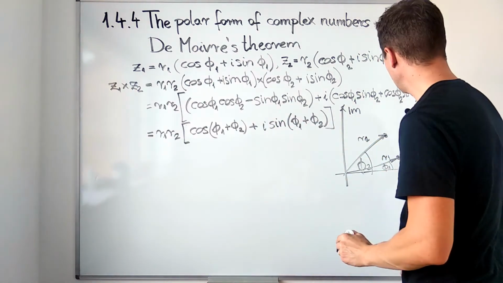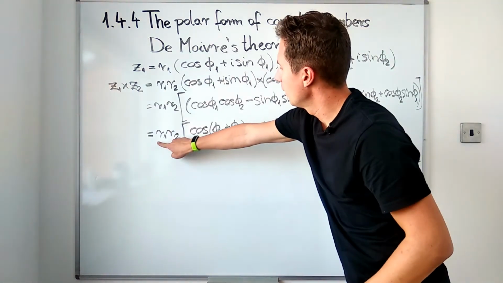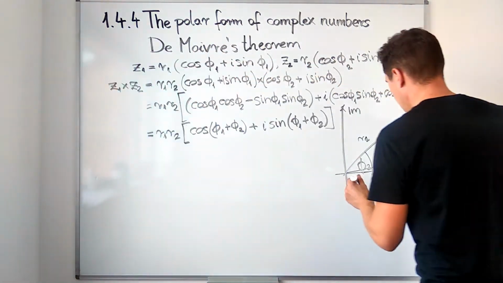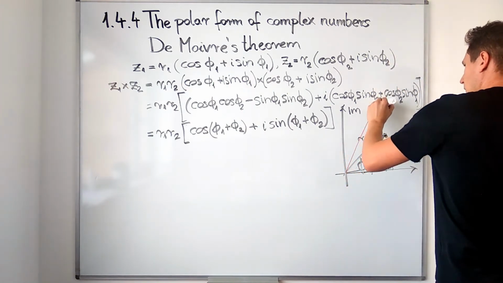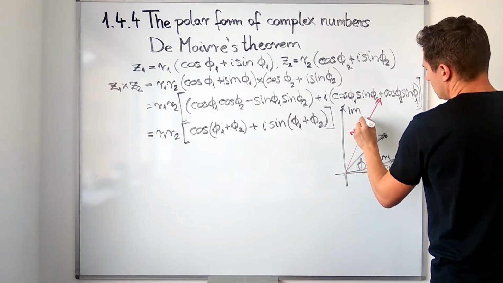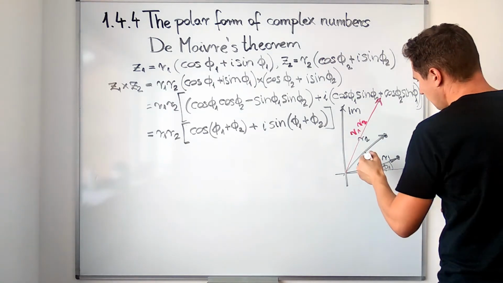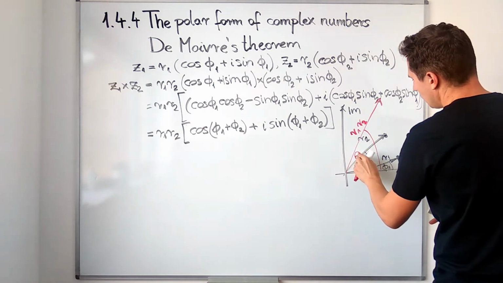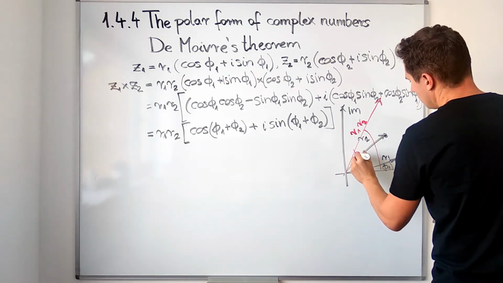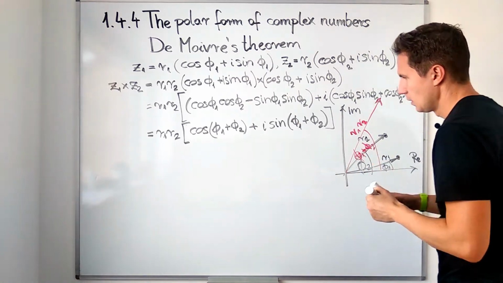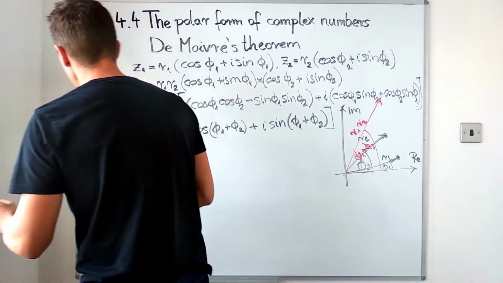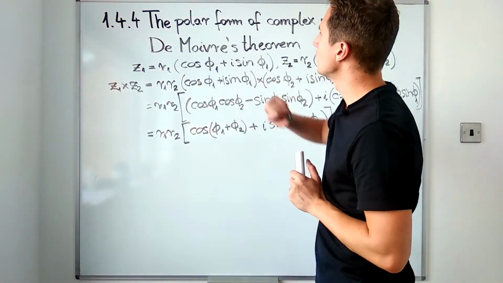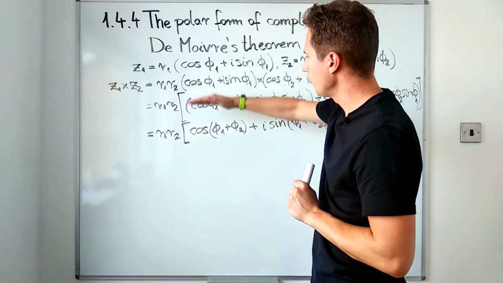What happens when we multiply them is that the moduli get multiplied, so the product will be a really long vector, which will have modulus r1 times r2, and its argument, this angle, will be the sum of these two angles. It will be the sum of phi1 and phi2. So this is the geometric meaning behind the multiplication of complex numbers, and it was the polar form that led us to this very nice geometric